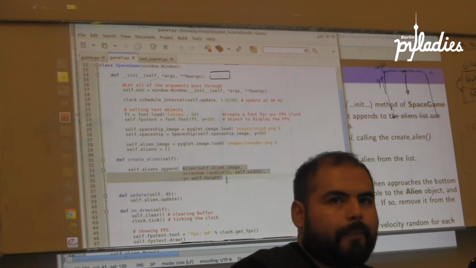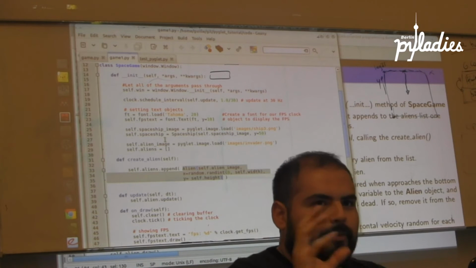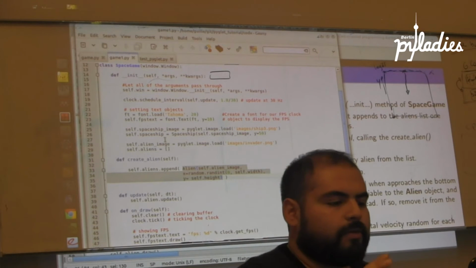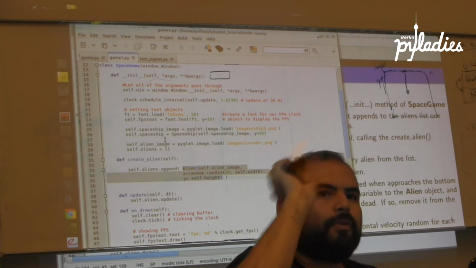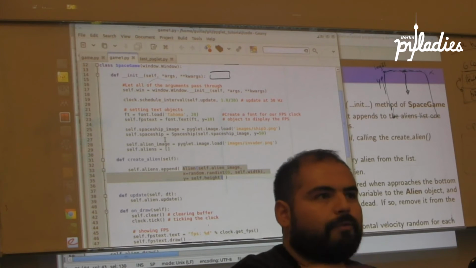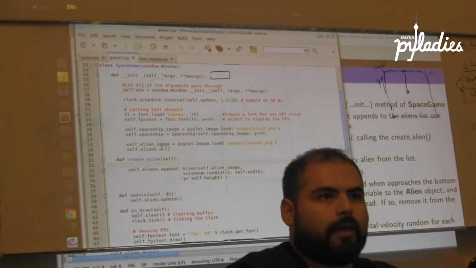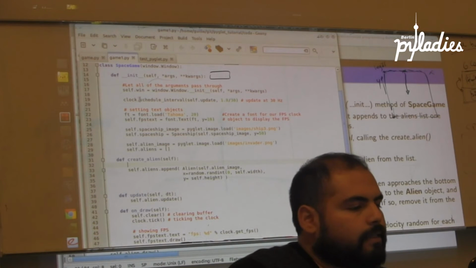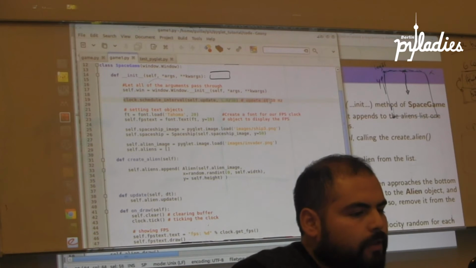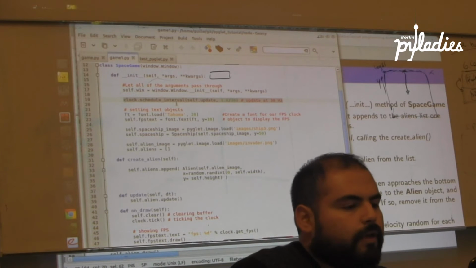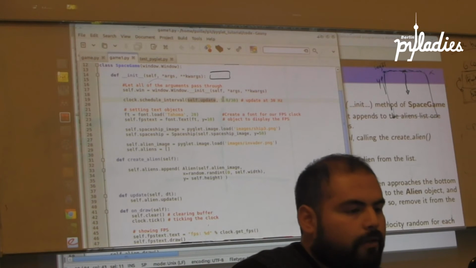Yeah? Now we need other fixes for this to work, because we will start to create many aliens and then they have to also be removed, right? And this function has to be called every some seconds. And this is actually what you do here. This clock schedule interval is the function that tells Pyglet, call this function every